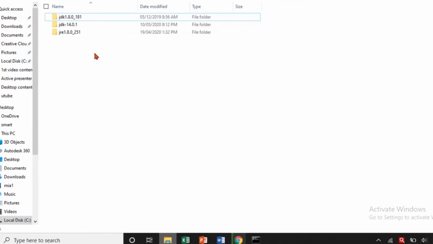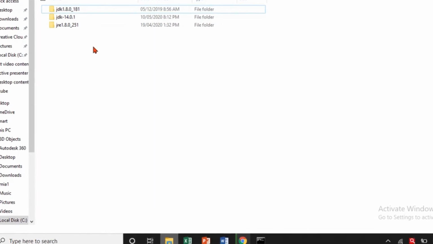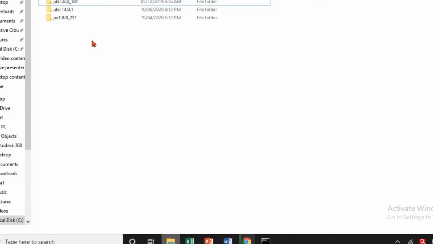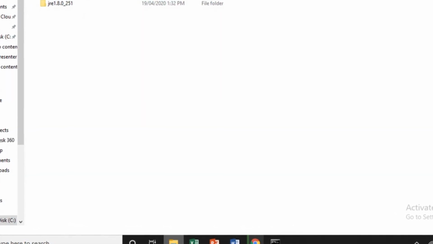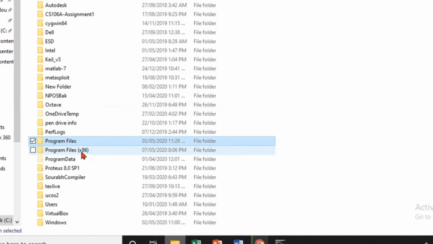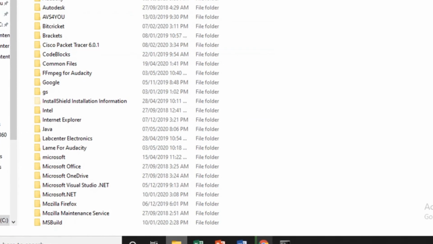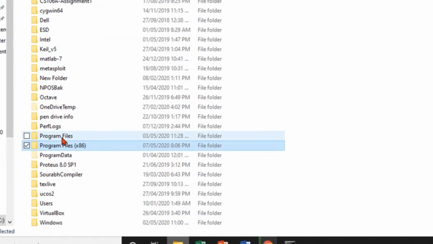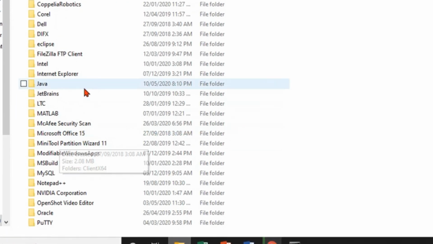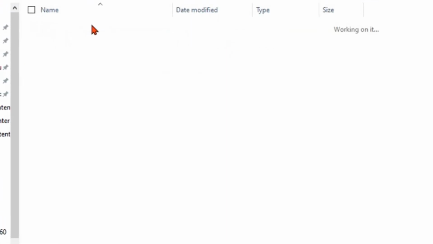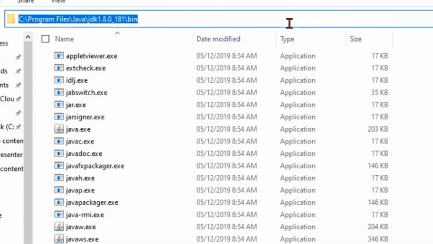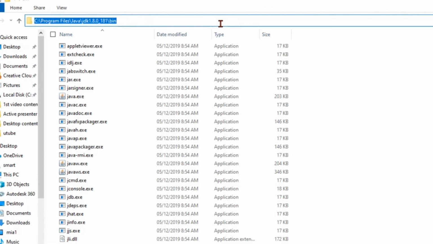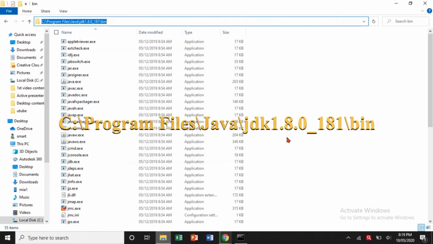That means we downloaded JDK perfectly. If the Java folder is not present in Program Files, then go back and check in Program Files x86. Then go to Java, go to JDK, go to bin, and this path we have to copy. Remember guys, this path we have to copy.